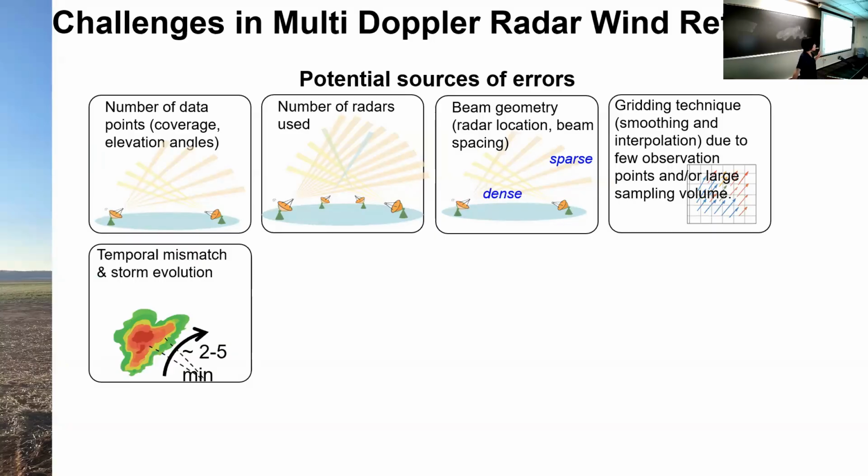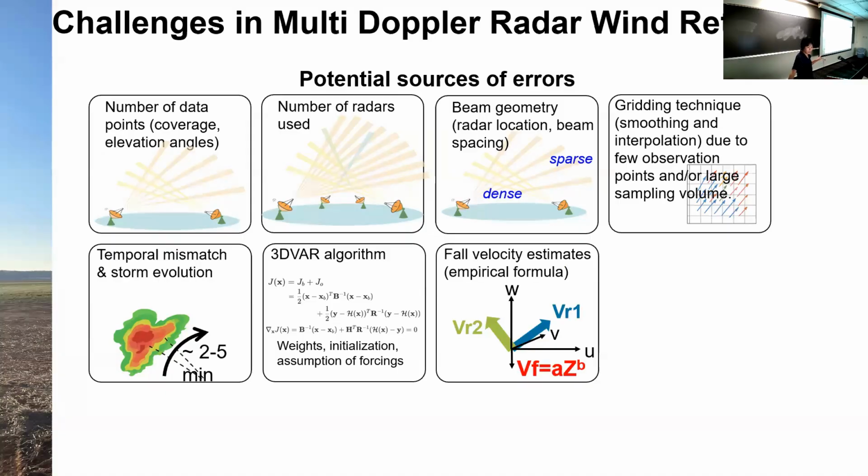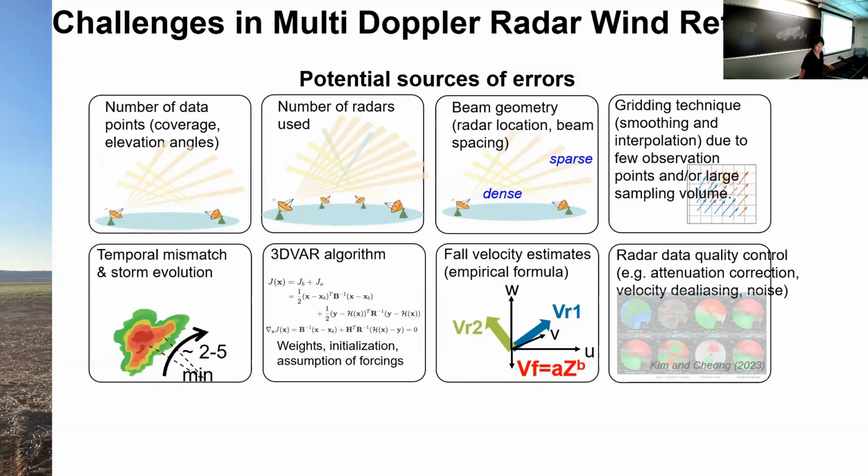Temporal mismatching: clouds are moving, but radars scan in sequence, so one elevation, then the second elevation, takes several minutes. This is also a source of uncertainty. The algorithm is also a source of uncertainty. To estimate the UVW, we also need to consider the fall speed of the hydrometeors. This is also a parameterization, and this could be an uncertainty. And quality control is also very important. So there is a lot of uncertainty, and then how can we